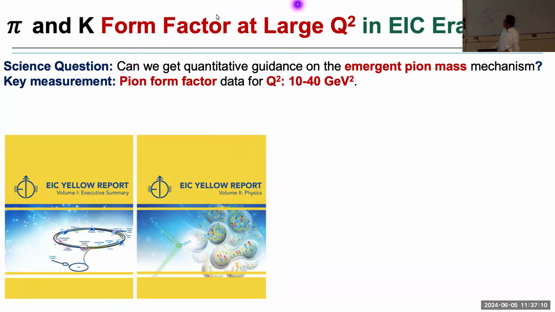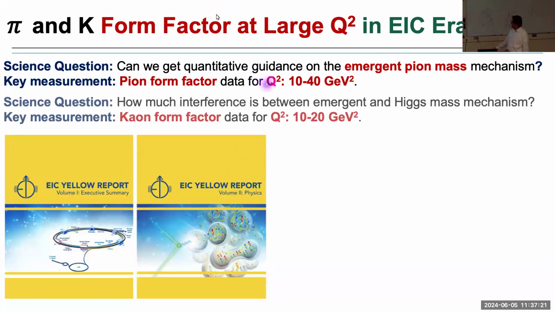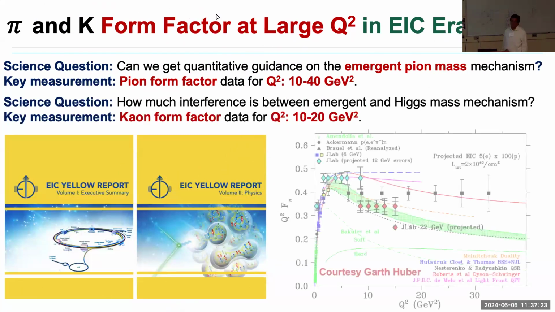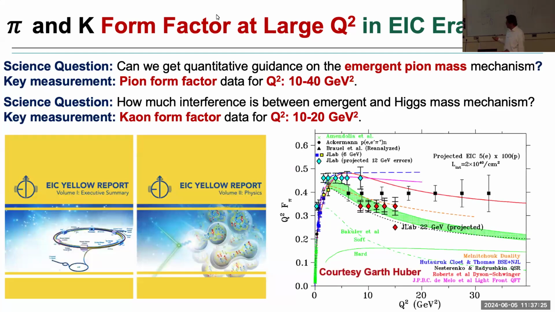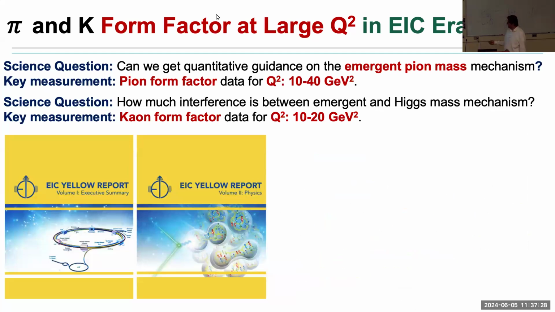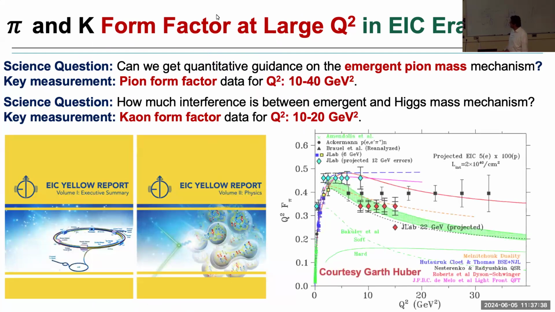So the question is, can we get quantitative guidance on the emergent pion mass? And the key measurement mentioned there is that the EIC will be able to measure up to 40 GeV². Now that's quite amazing. That means that you are hitting your pion with that much energy, and you're still hoping it won't break, and it will give you the elastic collision. And the kaon form factor will be measured up to 20 GeV². So that's